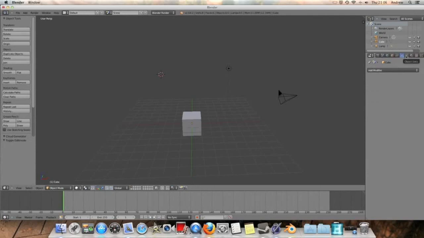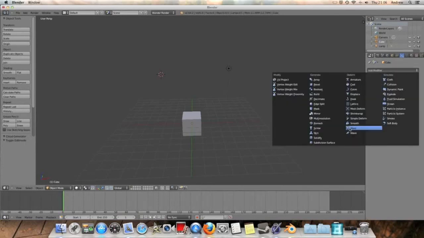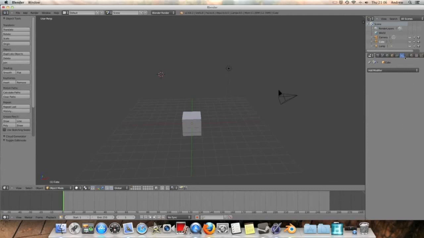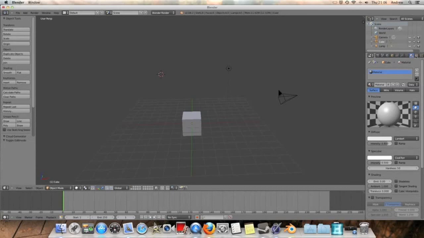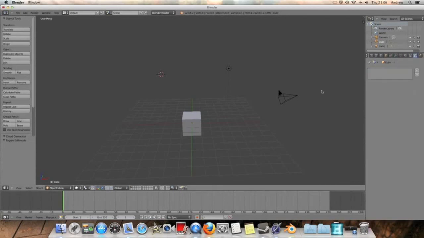Constraints, we'll ignore. Modifiers, when they say that you need to add this modifier, click the little spanner there and find the correct modifier which you want to go through. Vertex data, that is not object data even, that's not too important currently. Materials, textures, particle systems, and then finally the pre-made effects or physics. And that is pretty much a run through of all the important stuff that you'll need to know